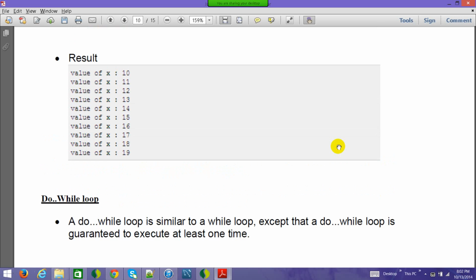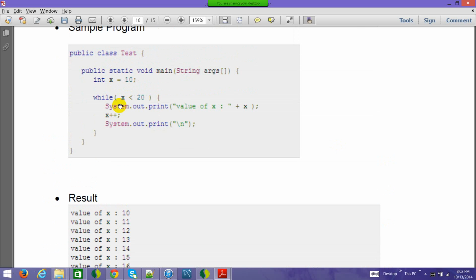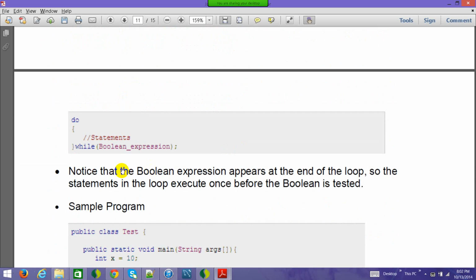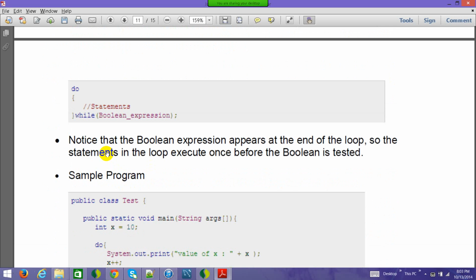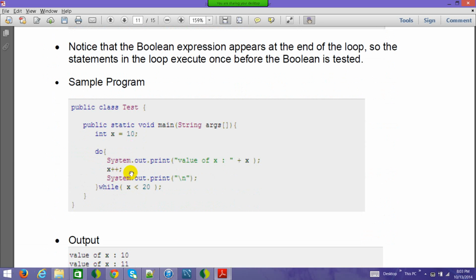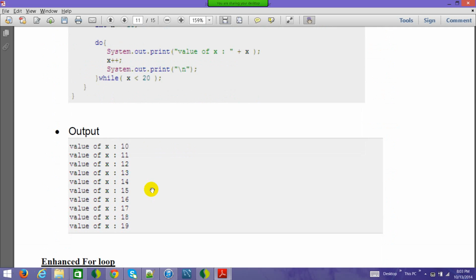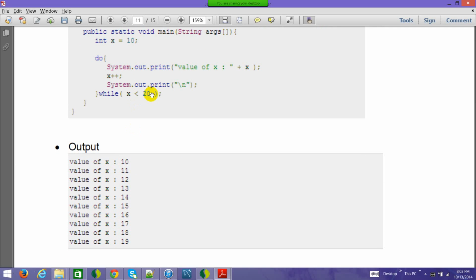So if I was using do while here, then whether it satisfies this condition or not, and obviously the expression is different, which you're going to see below, this piece of code would get executed at least once. Like see, this is written in this way: do, then your statement, then the while is towards the end. From the sample program perspective, it's do, then System.out.println x plus plus, and while x is less than 20. Here there is no difference. Why? Because x is less than 20 is out there.